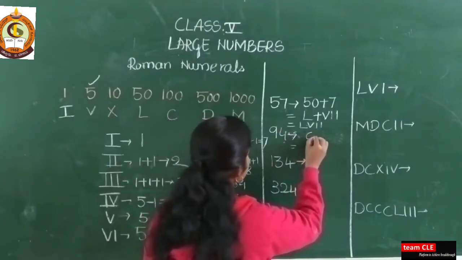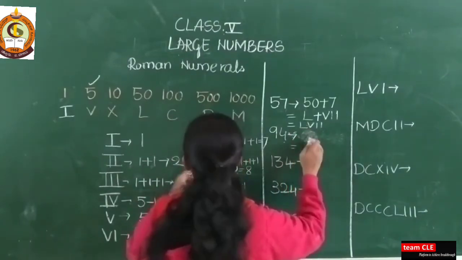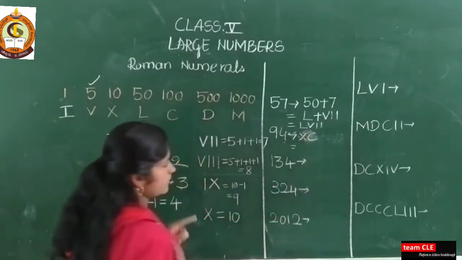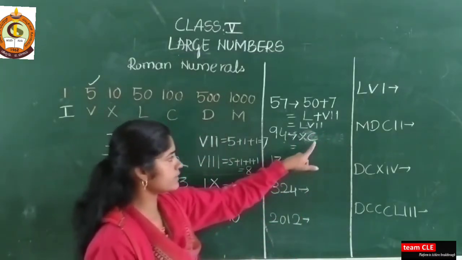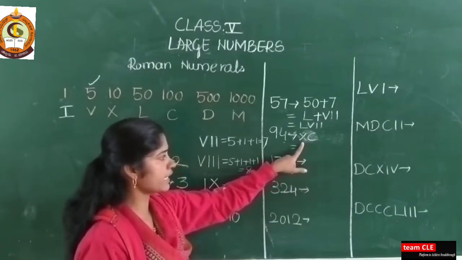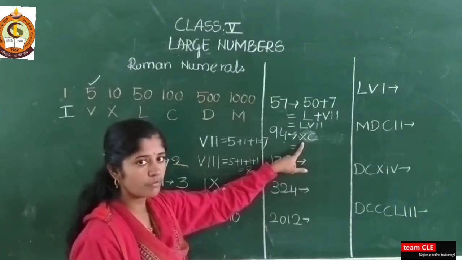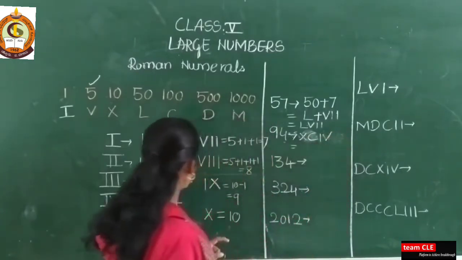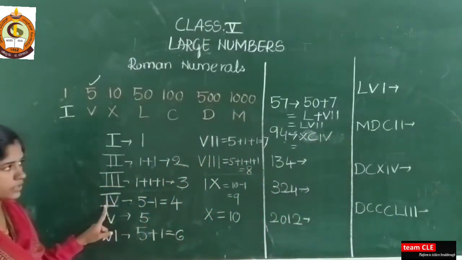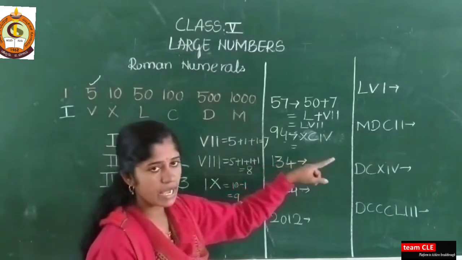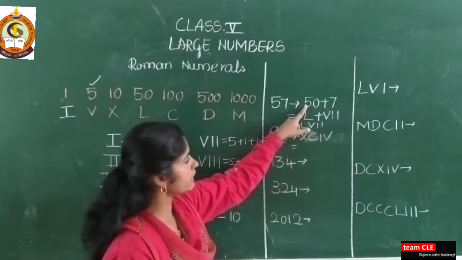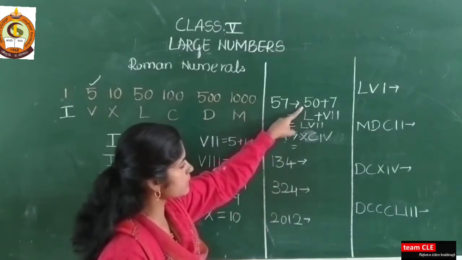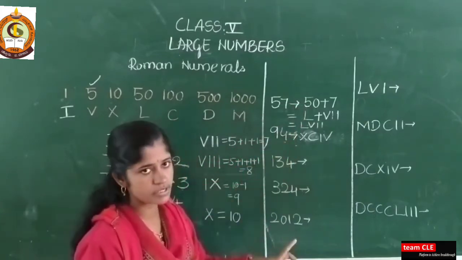So write here C, and C means 100. And you write here X, which means how much is it? 90. C means 100. 100 minus 10 means it is 90. Rule of subtraction. Next you take here IV. You know how to write 4 here. This is 4. So XCIV. I am writing this for your understanding purpose. If you are solving like this, this is also correct.